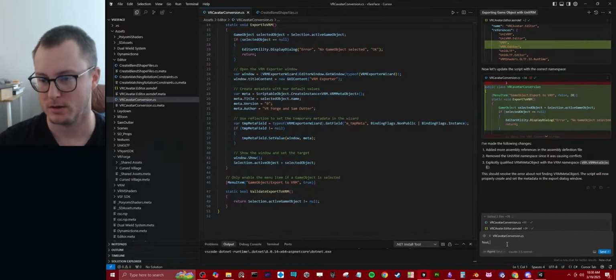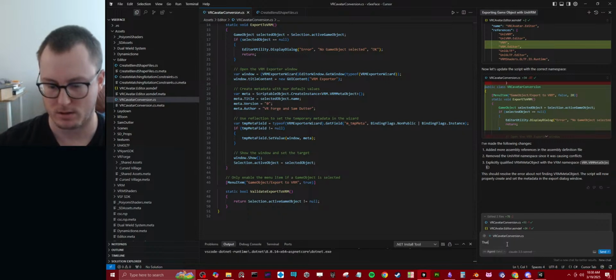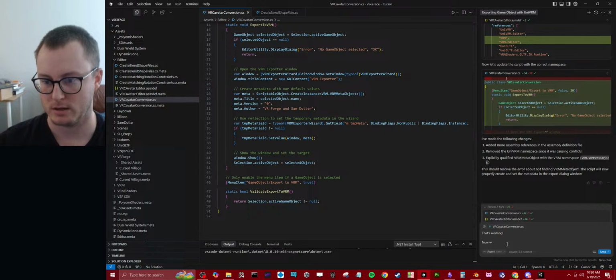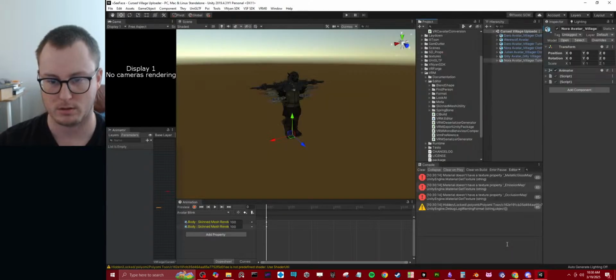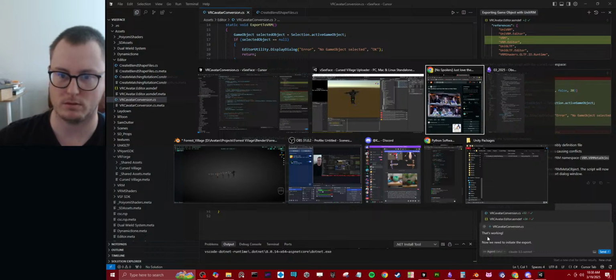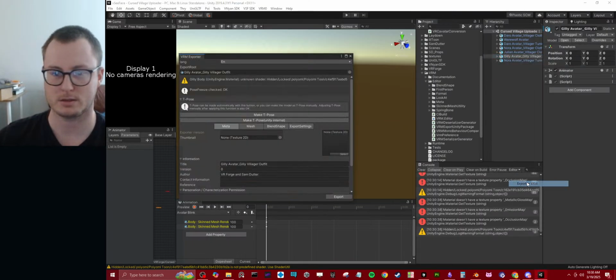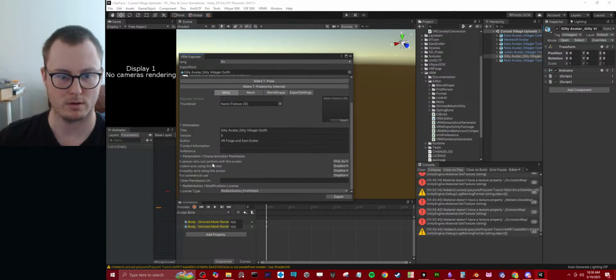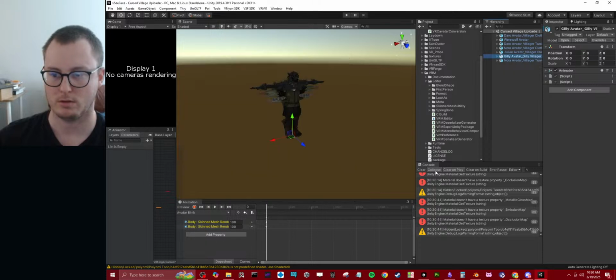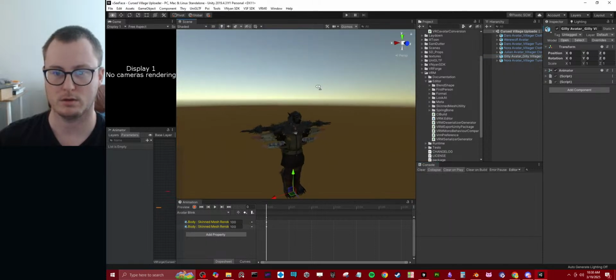Next, that's working now. Now we need to initiate the export. So we can right click on any of these, export to VRM. Beautiful. What it needs to do